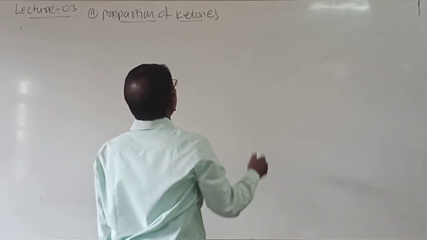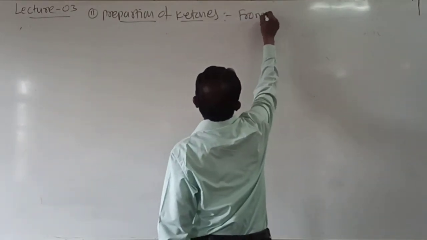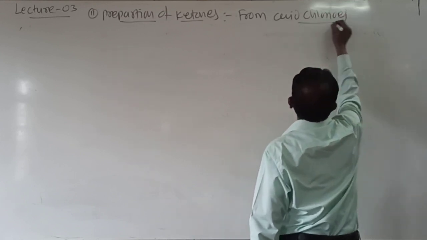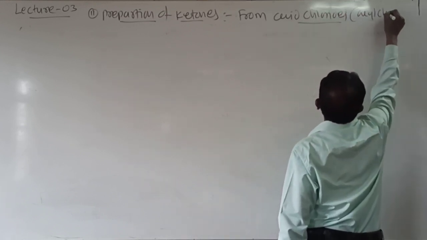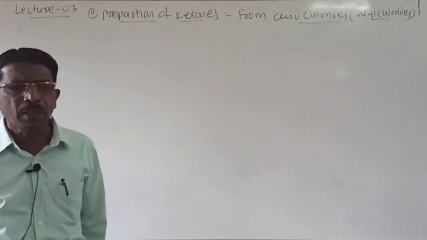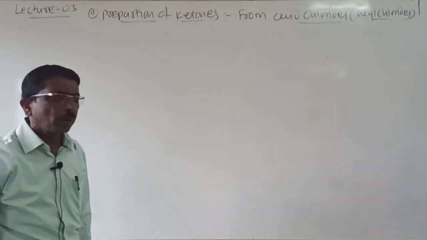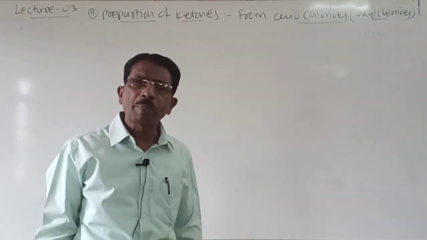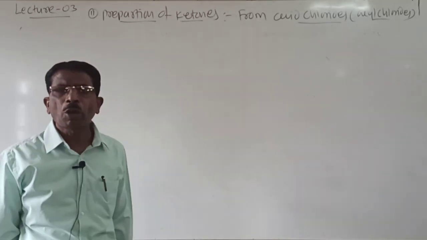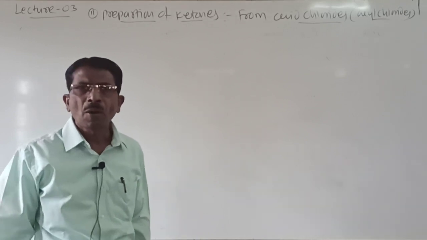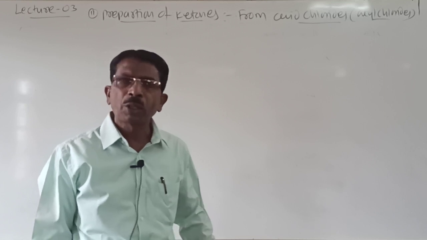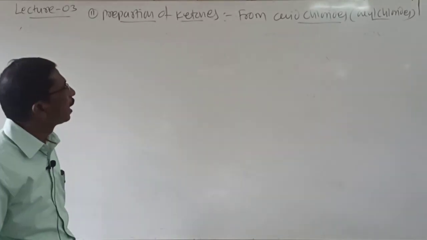Preparation of ketones from acid chlorides or acyl chlorides. Look here students, sometimes it carries 4 marks, but many times it carries 3 marks. So how are ketones obtained from acid chlorides, or how is the Grignard's reagent converted into ketones. So there are 2-3 options. Let us see students what happens here.